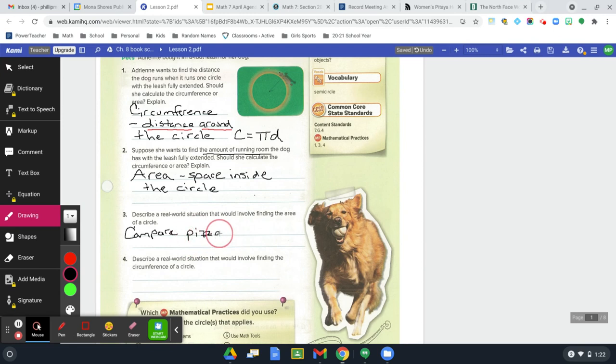So, I'm getting ready to order pizza from, let's say, Glenside on Sherman. And I'm trying to figure out the difference between a 10-inch and a 12-inch. Like, how much more pizza is in a 10-inch pizza compared to how much pizza is in a 12-inch, which would be the better buy for me, for my family. And so if I'm doing that, I'm comparing the amount of pizza